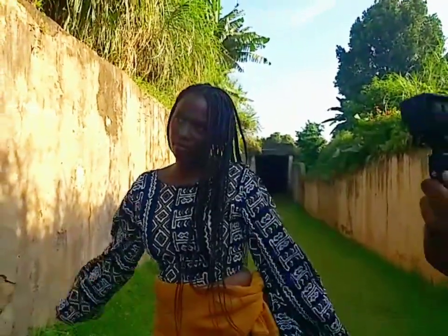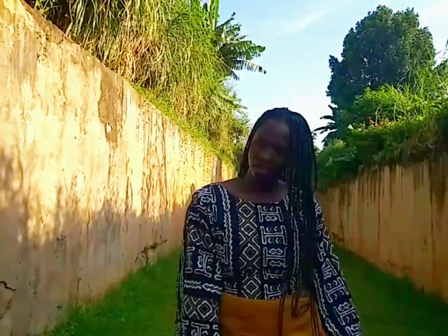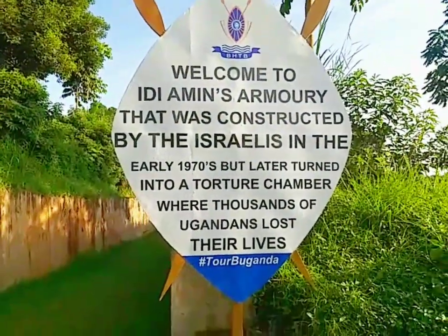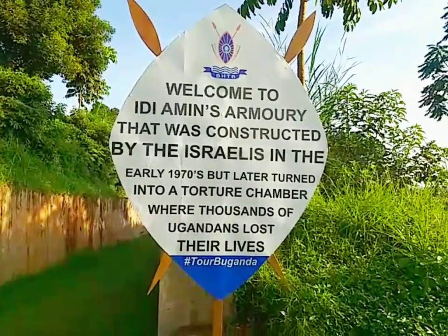Have the tombs been finished? Can we tour them? Almost. We can't go there yet. You can go, but I won't assure you that you will get the authentic information. But if it's just taking photos and videos, and all that, Buganda has been here for over 800 years. Now I'm trying to imagine how it was 800 years ago. What have you read about